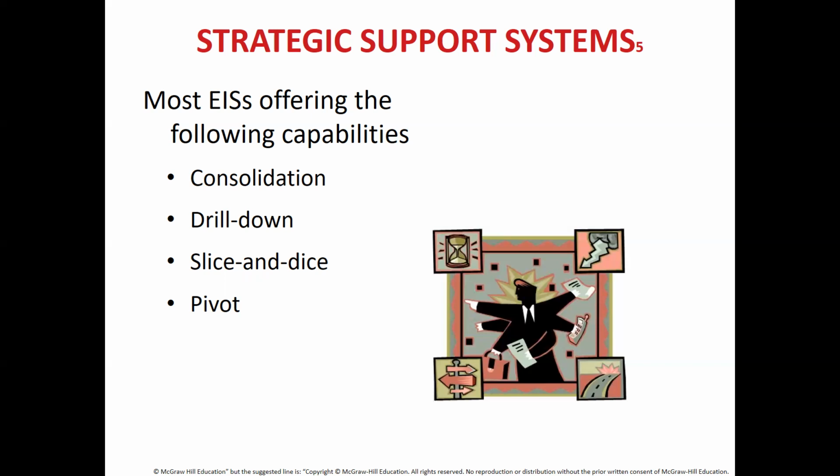So that's drill down capability, enables user to get details and details of details. After that, you have slice and dice. Now, slice and dice, what it does, it looks at information from different perspectives. Now, the slice and dice basically comes from the concept of a slicer and a dicer. What is a slicer and dicer?